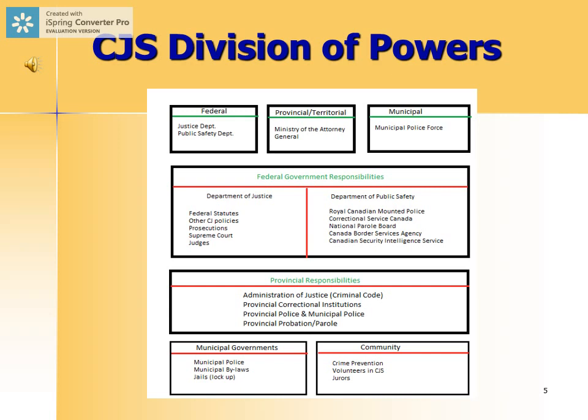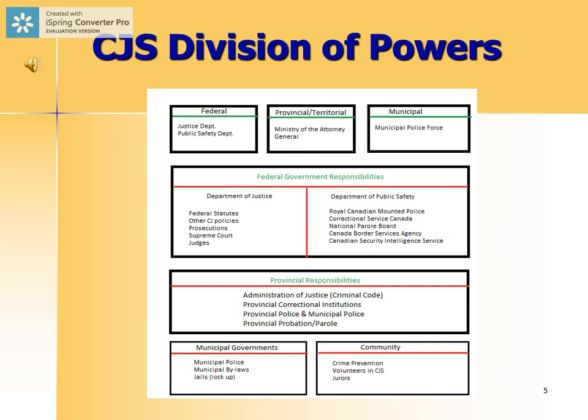So under the Department of Public Safety, you have the RCMP, you have the Correctional Service Canada, so public safety is responsible for all the federal correctional institutions in Canada. The National Parole Board falls under the Department of Public Safety. The Canada Border Service Agency falls under the Department of Public Safety, and also the Canadian Security Intelligence Service. So you can see how powerful the public safety ministry is based on the number of agencies and the powerful agencies it has. But with that said, the Department of Public Safety is still second to the Department of Justice as far as power in the federal sphere of criminal justice is concerned.